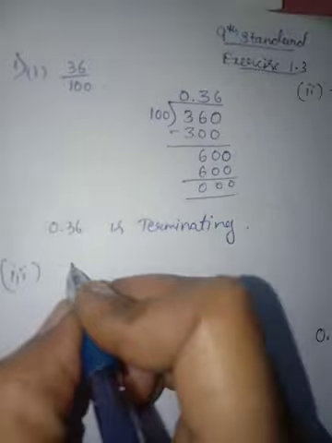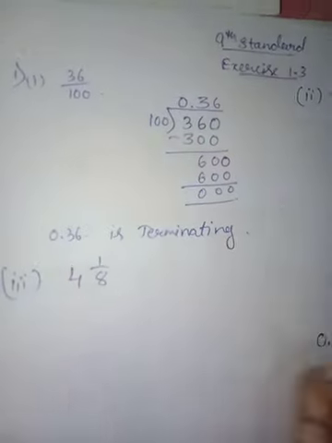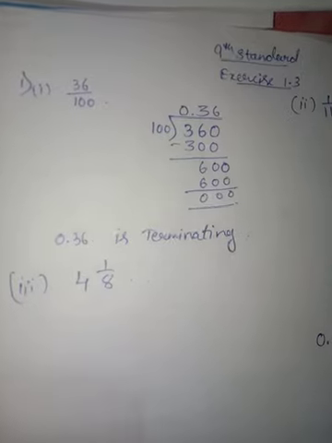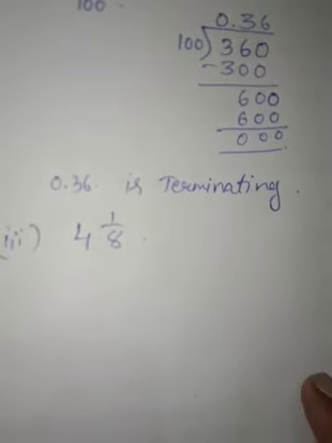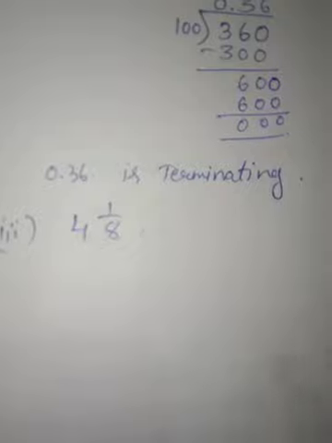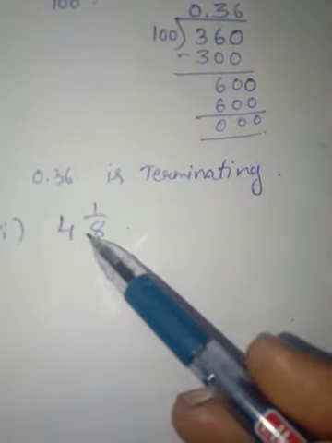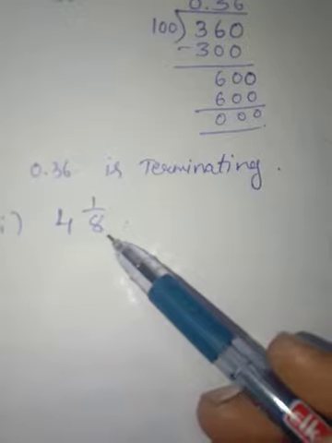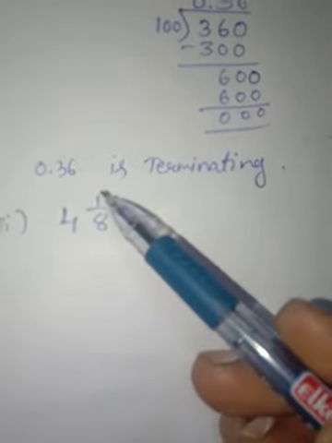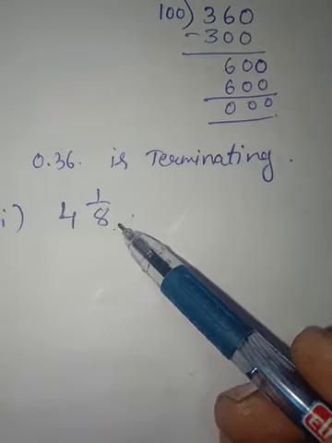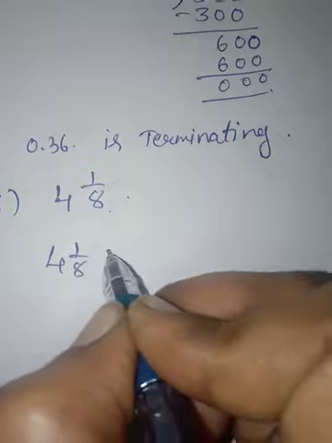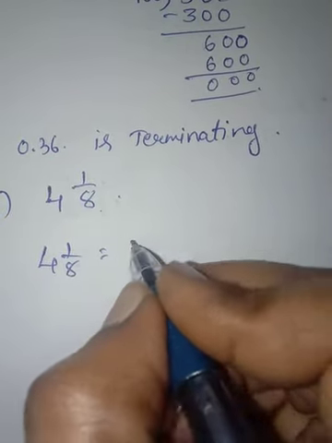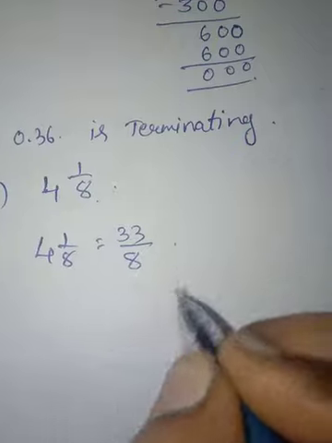That is, it is in the form of a mixed fraction. Children, you have heard of mixed fractions, improper and proper fractions. You are all familiar with these terms. If they have given a mixed fraction, we have to convert it into an improper fraction. How to convert this one? We have to multiply the whole number and the denominator, and then add the numerator. Here 4 eights are 32. 32 plus 1 is 33. That means I am going to convert this into an improper fraction. That will become 33 by 8, isn't it?